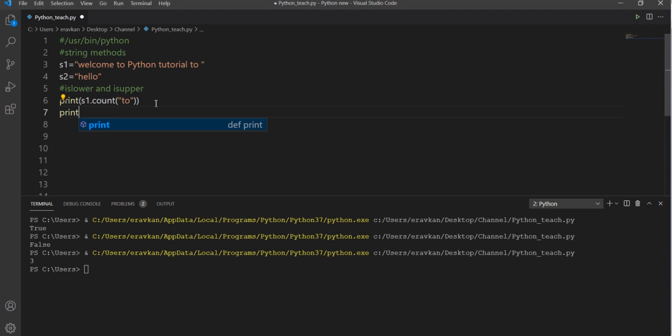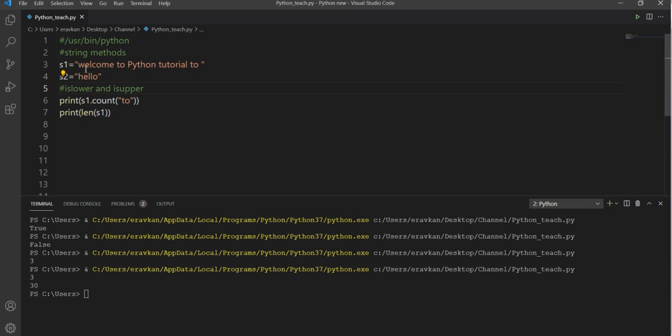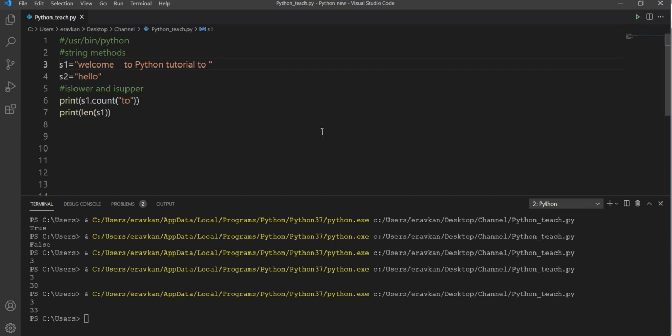Then we have the len method. It will give you the complete string length. It's also a very important method. It will give you the complete string length, 0, 1, 2, 3 up to 30. Remember the space will also be counted as one character. So if I increase a space here, then this is 33 now.